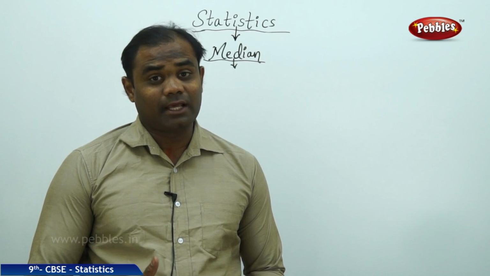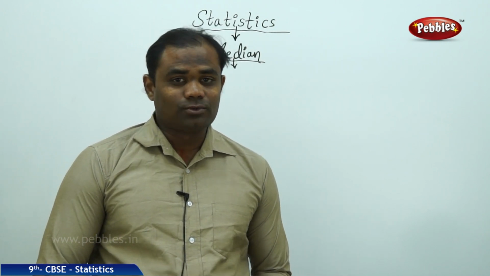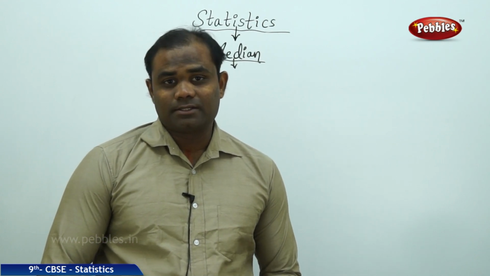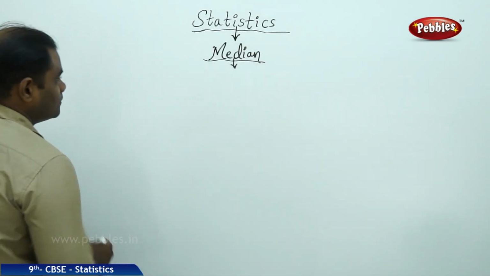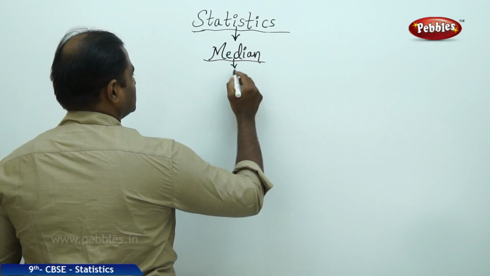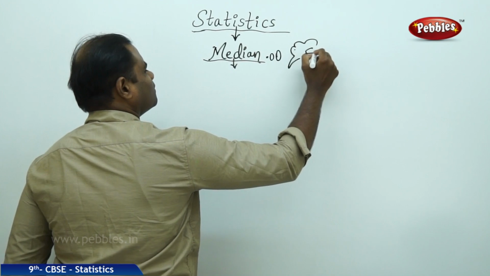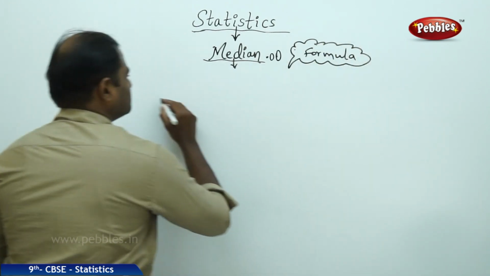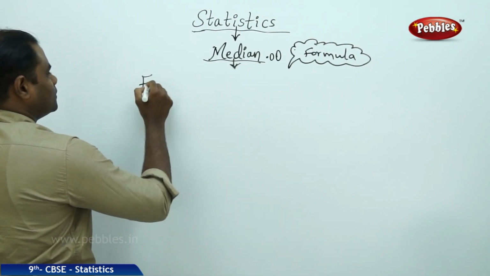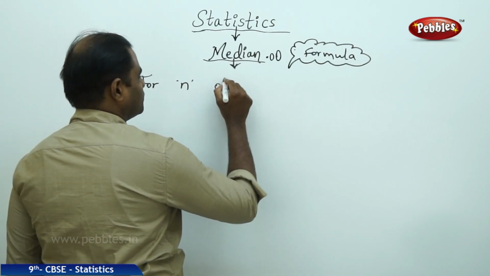Now that we have come across 2 different cases arisen in the previous example, when n is 7 and when n is 8, it has given us a new concept of understanding that there are 2 cases which arise when you calculate median. Case 1, n is even. Case 2, n is odd. So here, let's see the formula for calculating median. So assuming that there are n observations, for n observations,